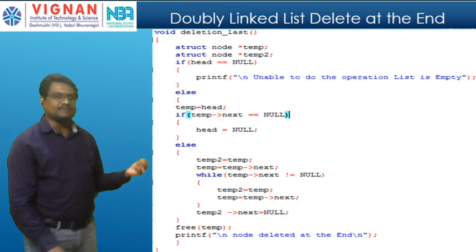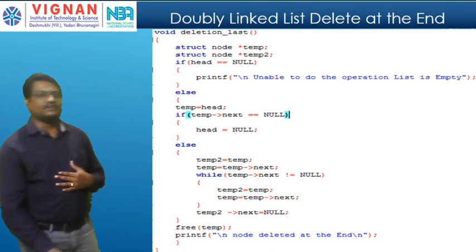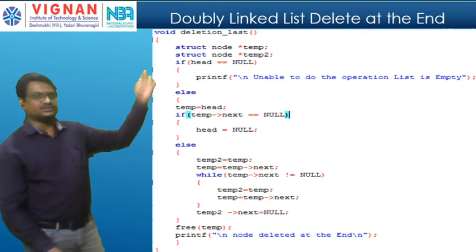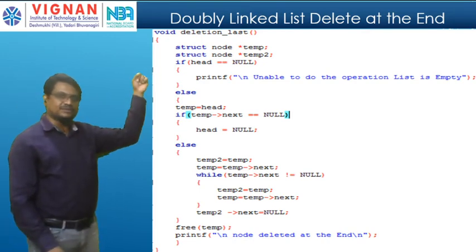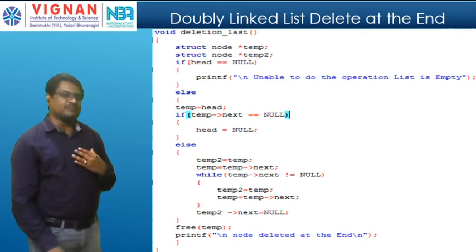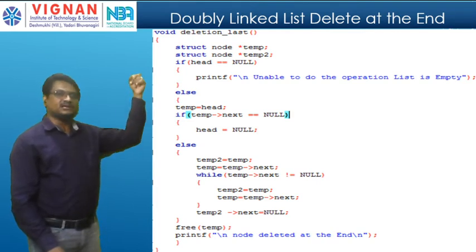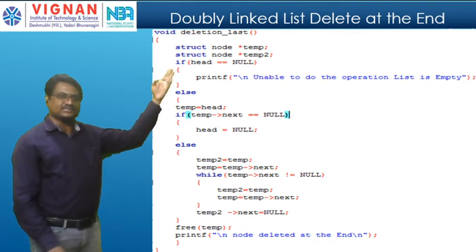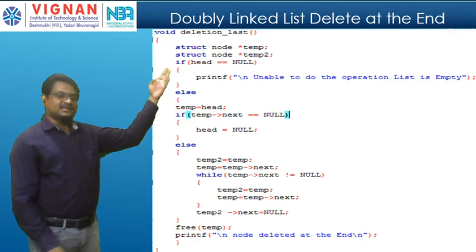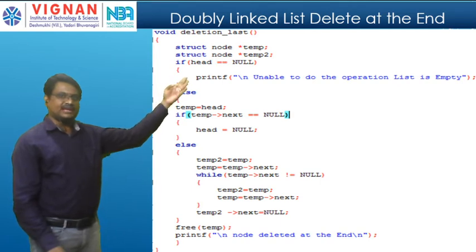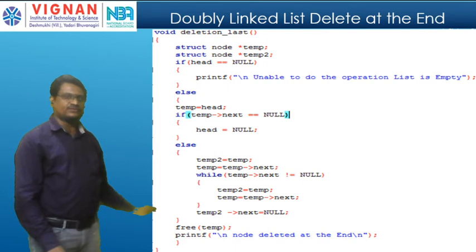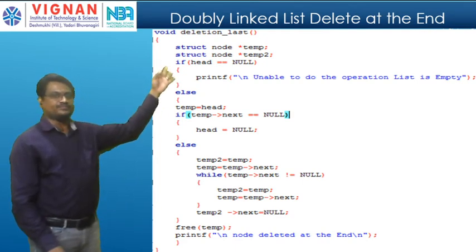So this is the complete program if I want to delete an element from the double linked list at the end. See, the first two lines represent the variables which I am going to use in the program. Here this if condition is the first statement, where I am checking whether it is an empty double linked list or not. If it is yes, I will put an error message. Step 2, am I right? Now these come under the case where it is not true. So else